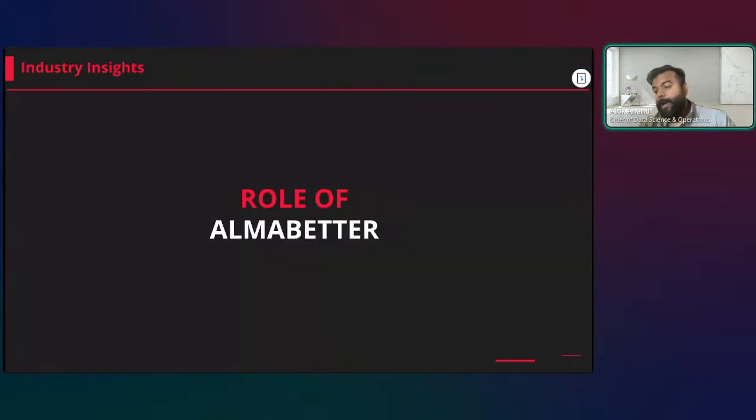Now, how do we come into the picture, what do we do, why have we been brought in? Our alma mater started with one simple goal. When we started, it was all about the first job in the tech domain, right? Our problem statement right now is also around that itself: the first job in the tech domain. If you want to start and transition into the tech domain, Almabetter is right now designing around that. It's something where we give a lot of thought, and we try to optimize it as much as possible. There are a lot of components around what all things we do.